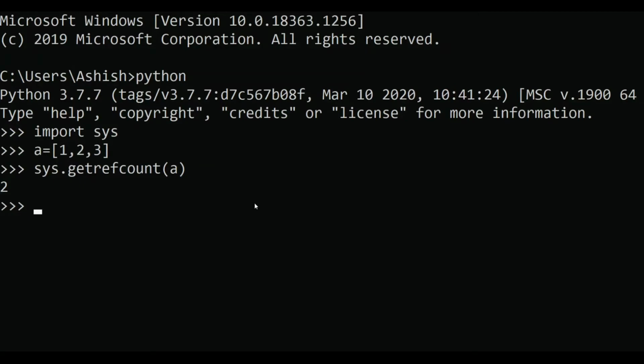So to get the actual value, we import the ctypes module, and ctypes.c_long.from_address.